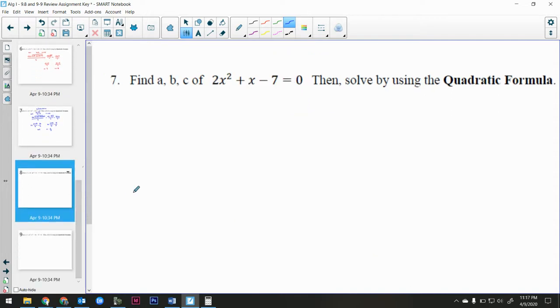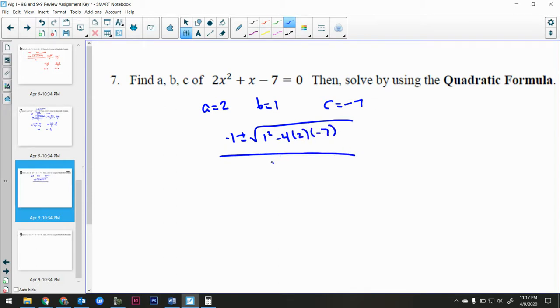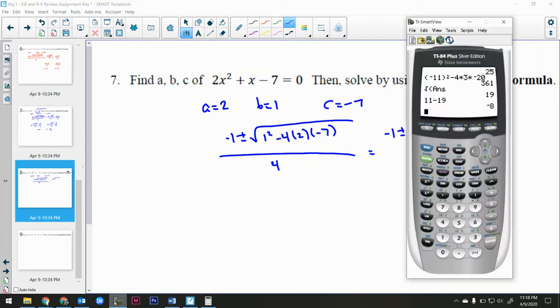Okay, 2 more problems to do. This one is already set up for me. Don't have to subtract or add anything over. A is 2, B is 1, C is negative 7. The opposite of B, plus or minus the square root of B squared minus 4 times A times C, all divided by 2A. So 2 times 2 is 4. Negative 1 plus or minus the square root of, watch out, this is just 2, this is just 1 here, not 2. A lot of people are trying to make that 2. So that gives me 1 squared, which is just 1,